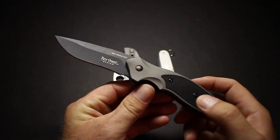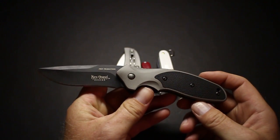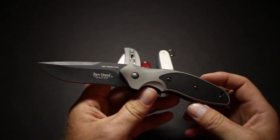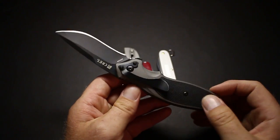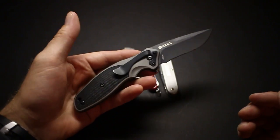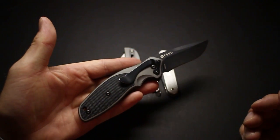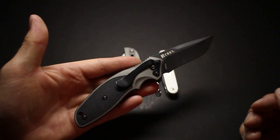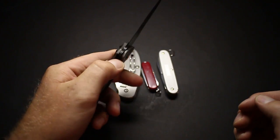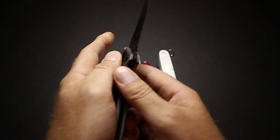I do carry this one more often than, say, something like my Paramilitary 2 because I like that metal look and feel, but it's not something that I use every day. It's more of a weekend carry for me, but this is one of my favorite knives by far. It's a great value. It's just a great knife. I really love this one. So that leaves us with